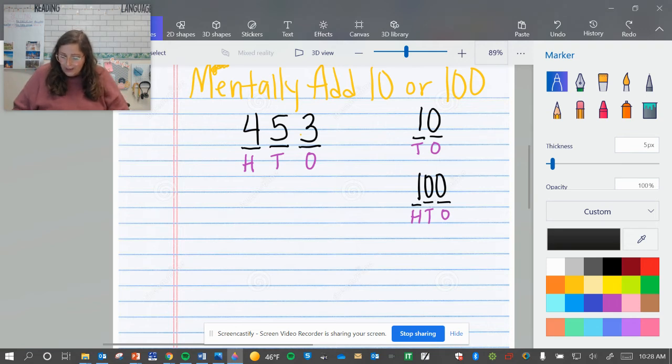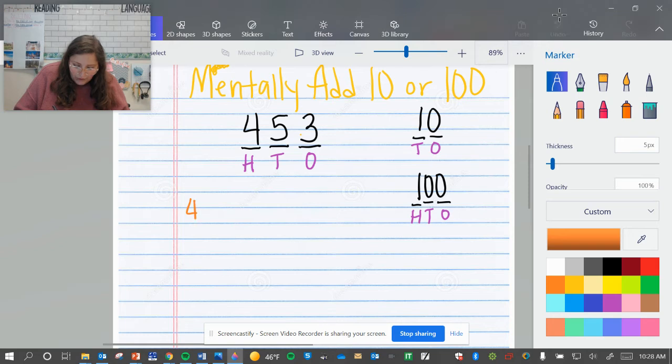So watch what happens if we add 10. You can go ahead and write this now. We're going to start with 453. If I add 10, all I'm going to do is add 1 to the tens place, okay? What's 5 tens plus 1 more? 6, right? Everything else stays the same because I have 0 hundreds and 0 ones. I'm not adding anything to them, right? So 4 and 3. So 453 plus 10,